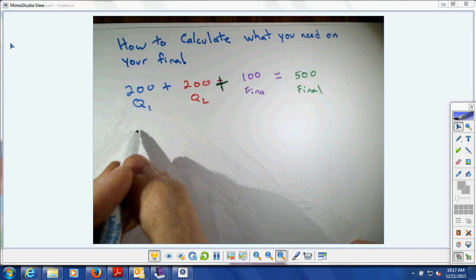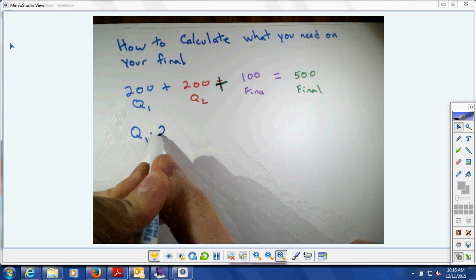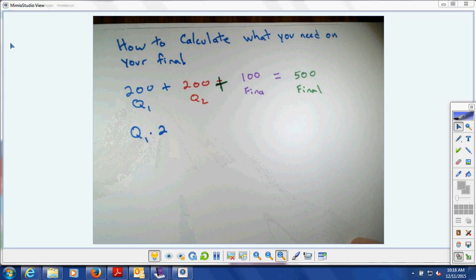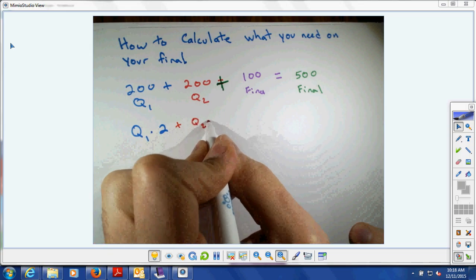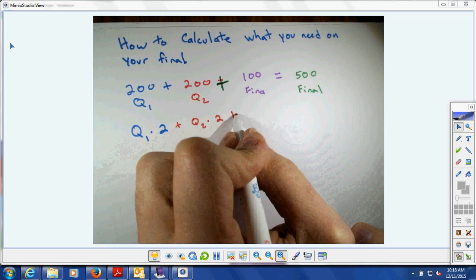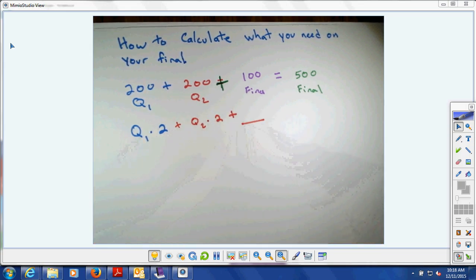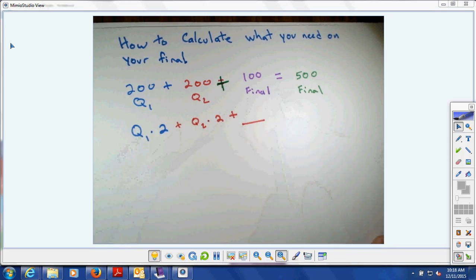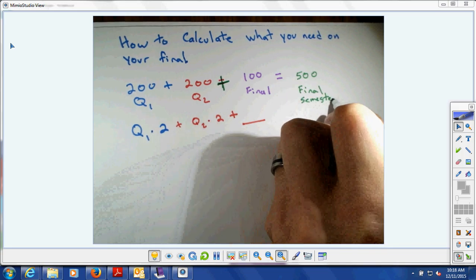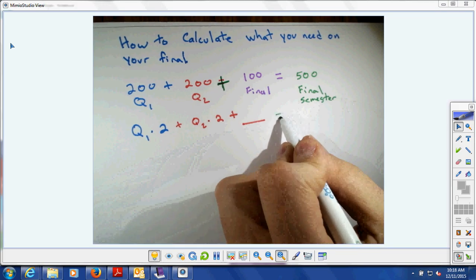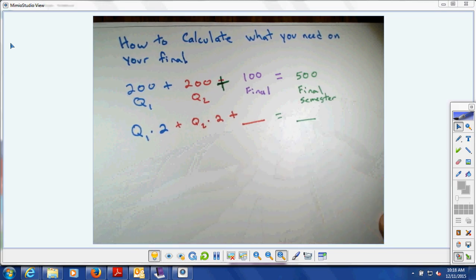So what you do is you do quarter one times 2. All right, whatever your percent from quarter one is, multiply by 2. And you do the same thing for quarter two. So it's going to be quarter 2 times 2. And it's going to be plus, we don't know what's going to be your final. And that green one will just change from final because there's 2 finals. It's actually the final semester. Okay, equals, and we don't know. So over